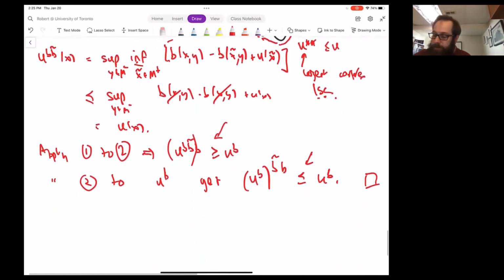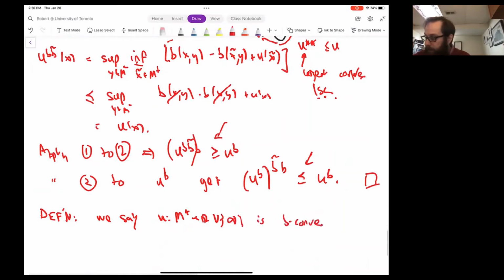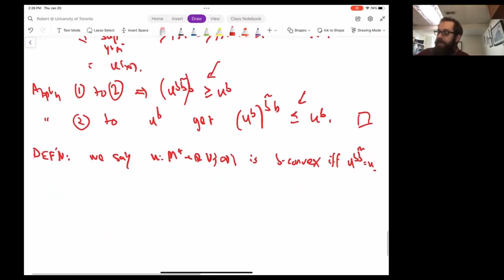So here's a definition. We say U is B convex if and only if it's its own second transform. And similarly, B tilde convex for functions on M minus. The idea is that B convexity adapts the notion of ordinary convexity to surplus functions B other than the usual bilinear surplus. And then there's a little lemma that says something like,